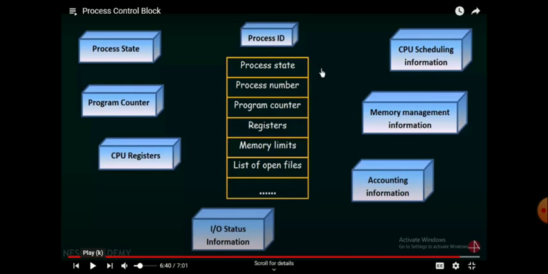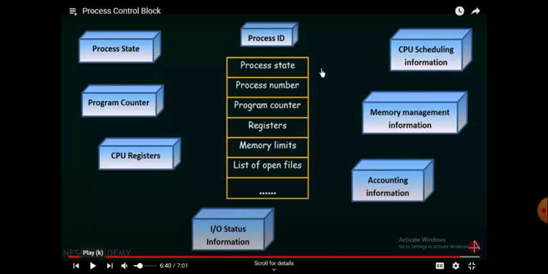If a user needs details about the process state, this field gives the details. This is the first one.